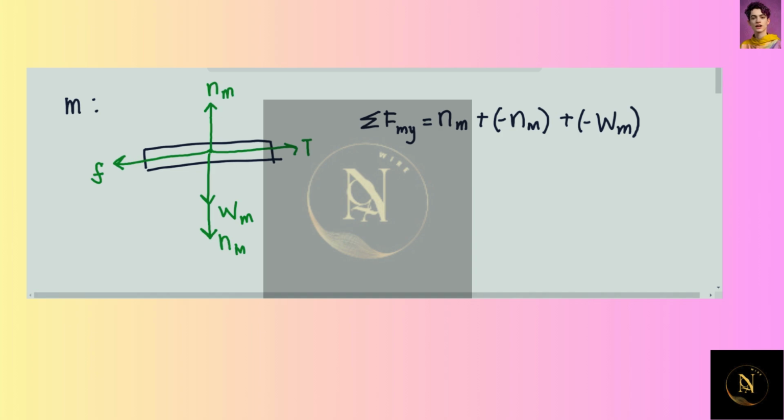We know that the summation is equal to 0. Then isolating the normal force of the board to the left side of the equation, the equation becomes